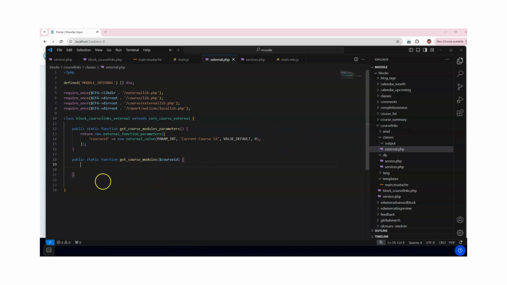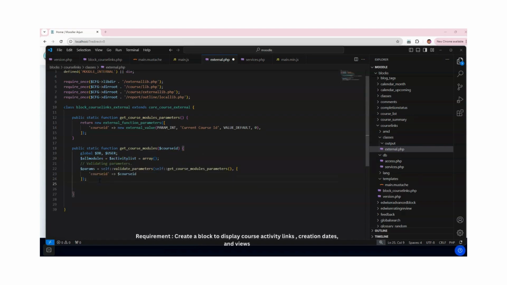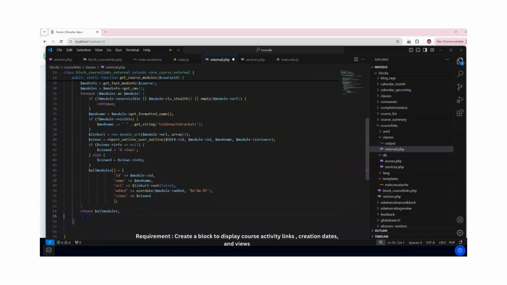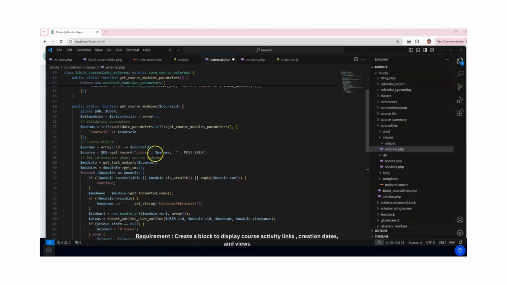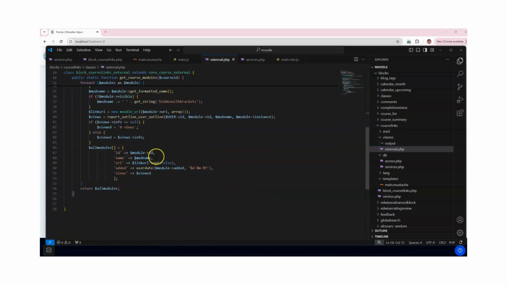So I'm just going to write the logic for that. I have completed this method called get course modules,